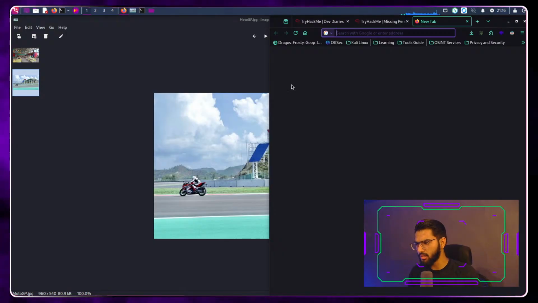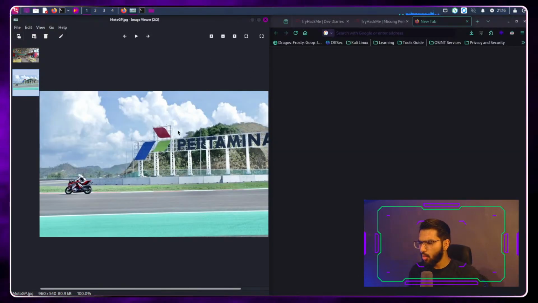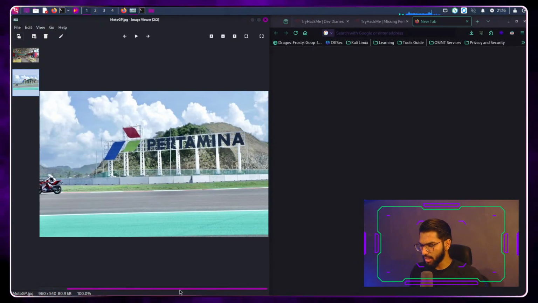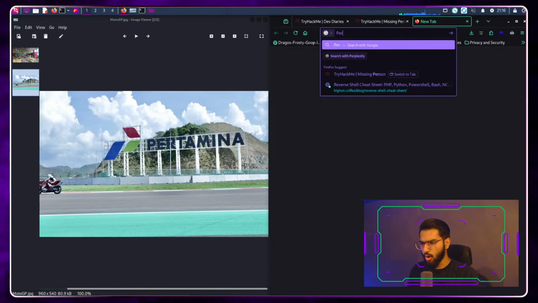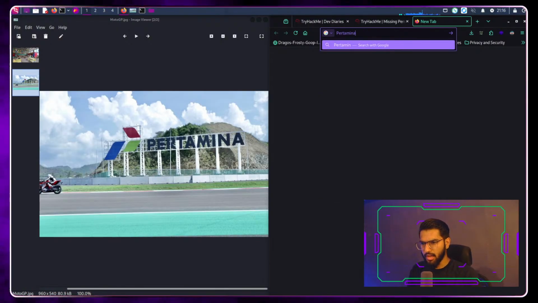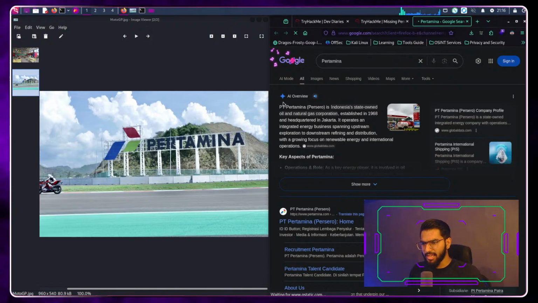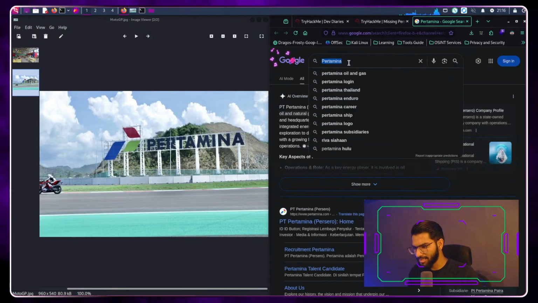Okay, so let's open here itself and start looking. Basically, do a normal Google search about what this name could mean to us. Coming to the browser here, Firefox in my case, I search for the name and press enter. It says it is owned by an oil... Okay, I had a misspelling in that.